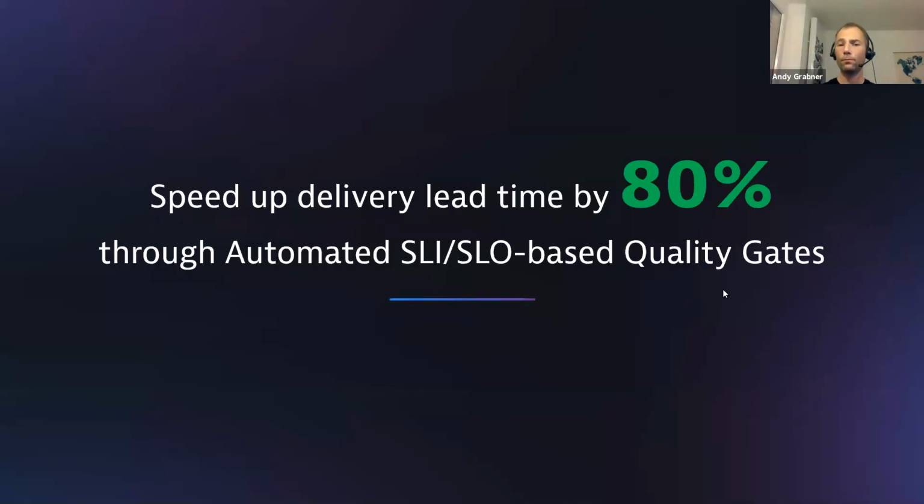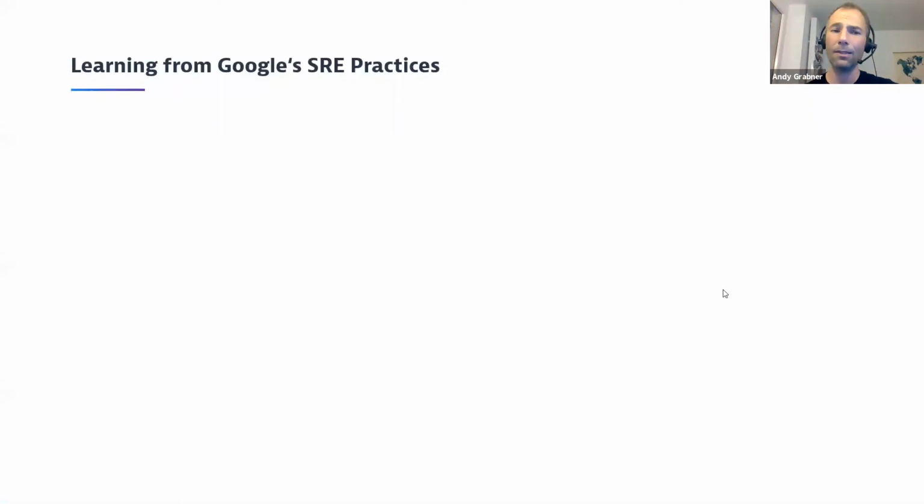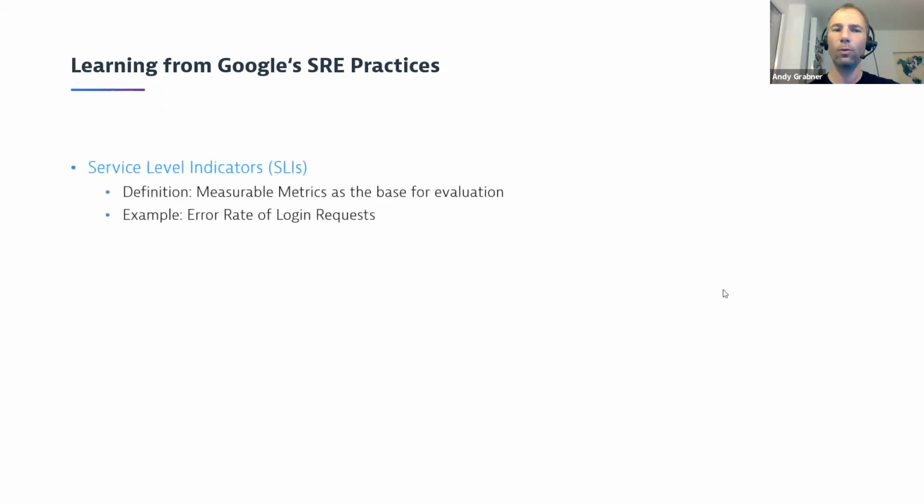And therefore, we are bringing in an automated approach based on SLIs and SLOs, and we call it SLI and SLO-based quality gates. What that means is, we didn't come up with any new concepts, to be honest. I also don't think that Google came up with a brand new thing. I think they just did a great job in coming up with some great terms and then really showing their practices to the world. So in case you've never heard about the SRE practices from Google, what they basically say,